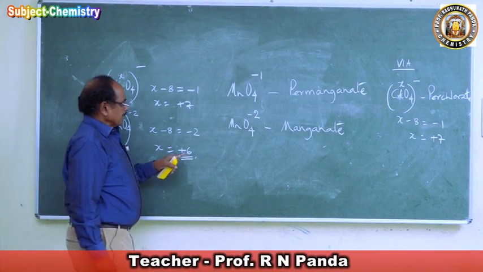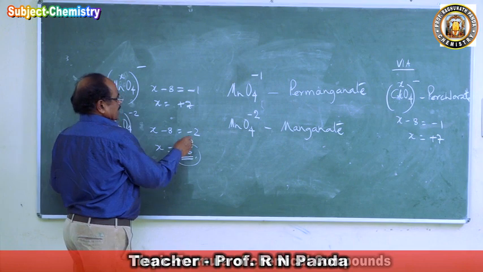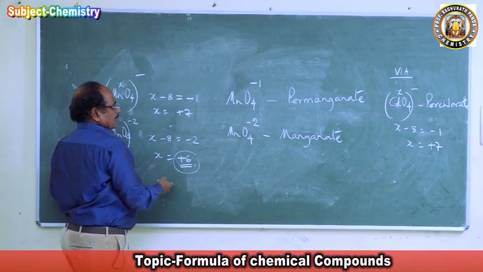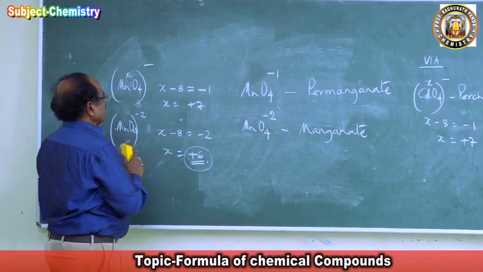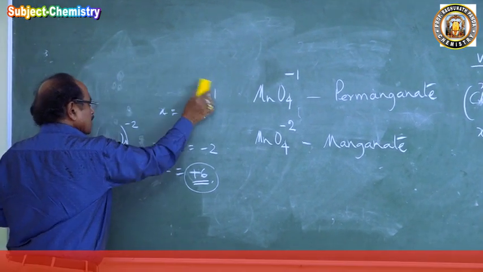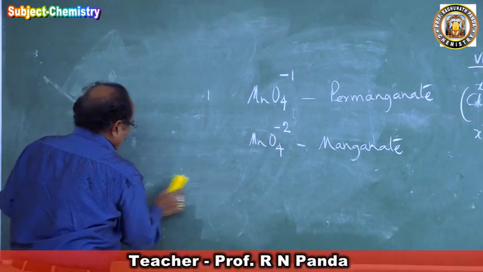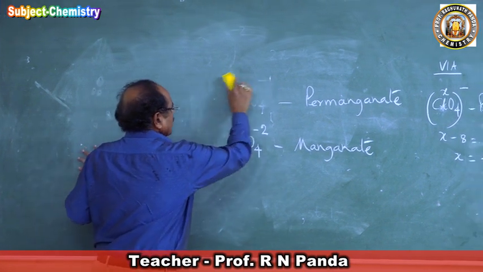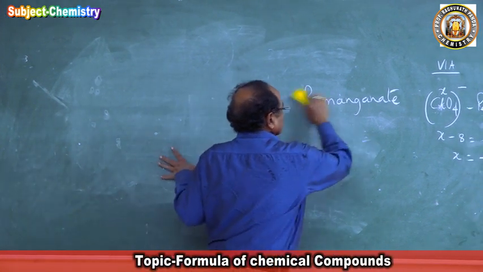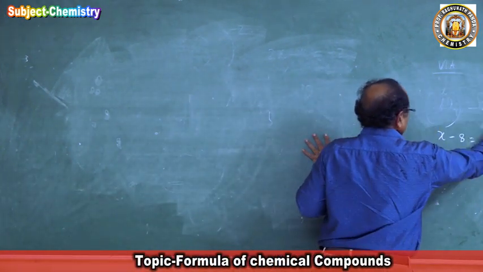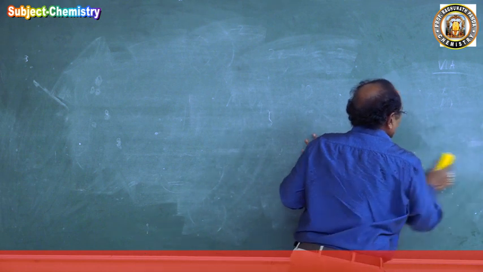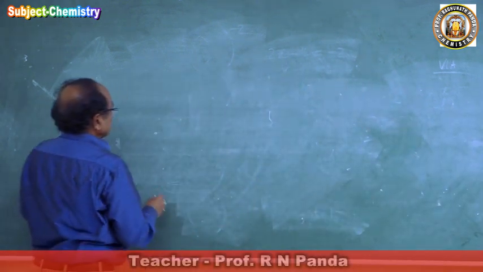This is a lower one and it is higher to this. So it is called per and it is called ATE: manganate and permanganate. So these are the radicals necessary for you in your plus 2 level, and we will be using them when writing formulas. Then in a few radicals, this oxygen also combines